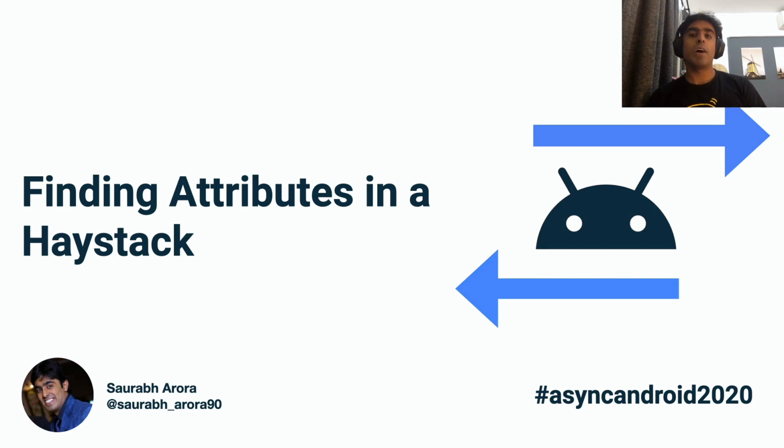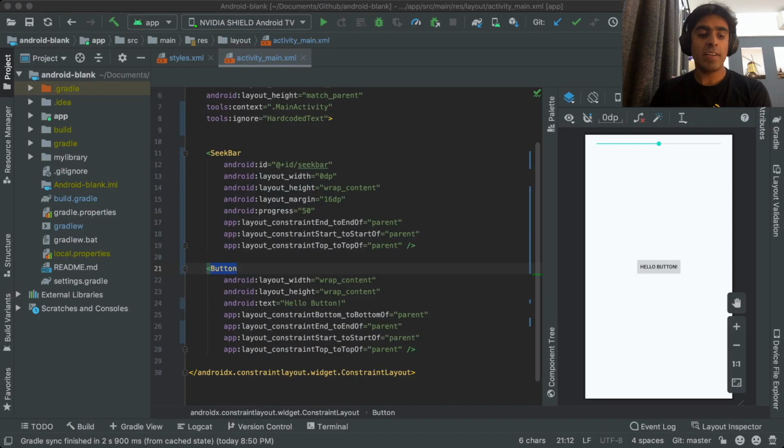And through this video, I would like to demonstrate how we can find the theme and view attributes that control the appearance and feel of your Android widgets such as buttons, seekbar, dialogues, etc. Hopefully, by the end of the video, you'll be able to answer questions such as how can I change the thumb of my seekbar or the text and background color of a certain view. All right, let's hop right in.